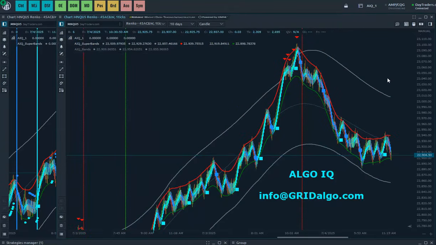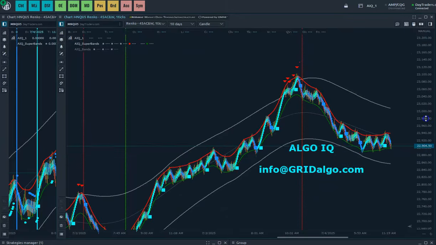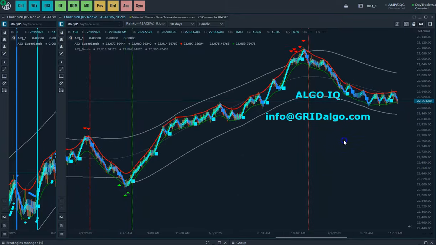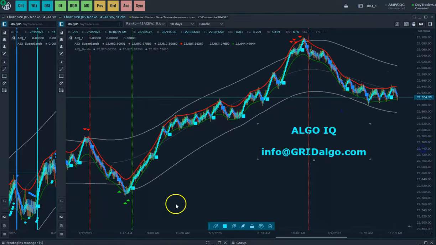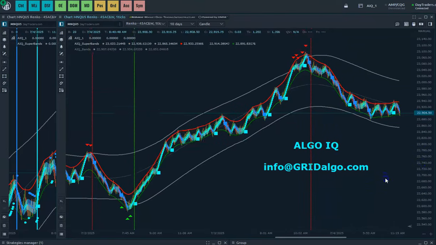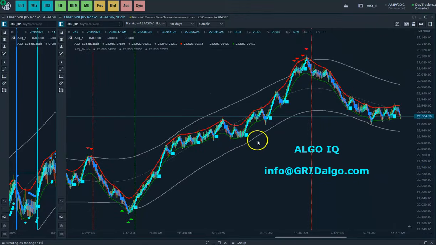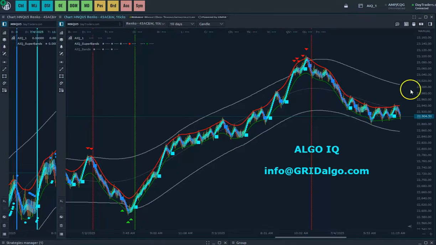This is actually my sixth generation of no repainting, no recalculating bands. And that helps frame up where are possible overbought, oversold areas in price in the market. It's kind of like a dynamic running range boundary of price movements, whether we're in rally mode, sideways trading,